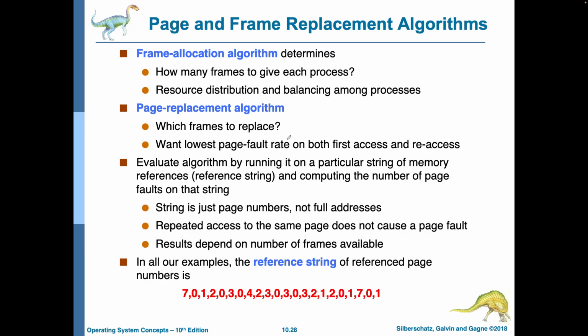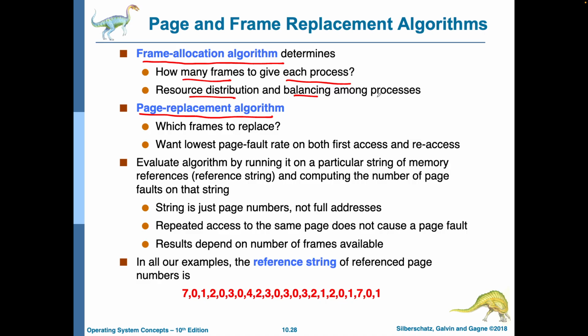Let's study page replacement algorithms. Before we do so, we need to clarify the meaning of the frame allocation algorithm and the page replacement algorithm. The frame allocation algorithm determines how many frames we want to give each process: the same number of frames to every process, or more frames to some higher-priority processes. That should be determined. In doing so, we need a fair distribution of resources and a balancing of